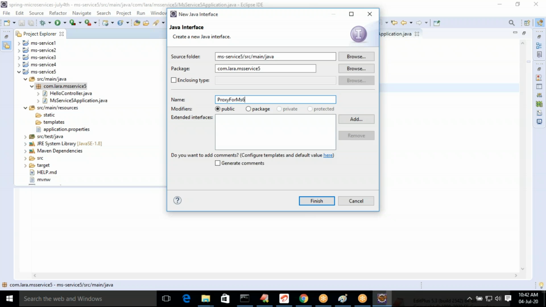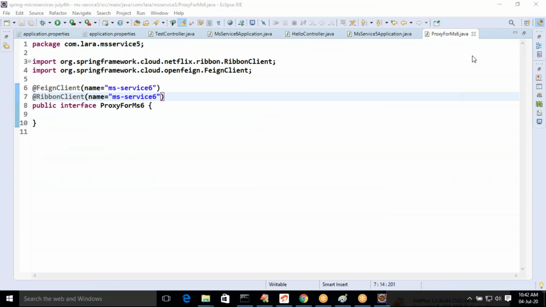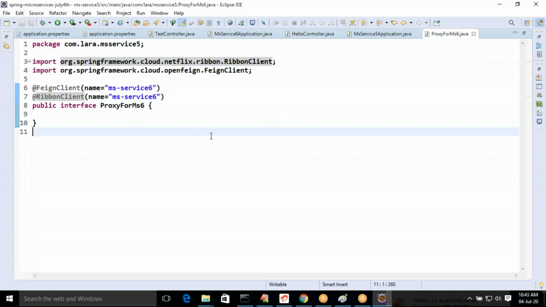For shorter purpose, I am choosing proxy for MS6. Please observe, Feign client along with the ribbon client. We are specifying only the project name. We are not specifying any port number. For this application, whatever instances are there, any one instance can be considered.